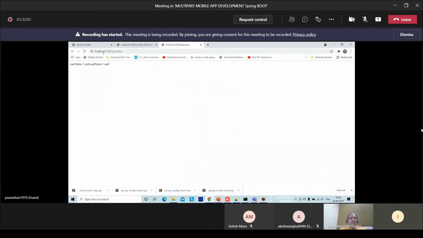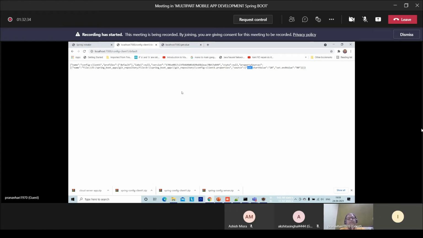Client has executed, and refresh the page. Here are the values. This is the last work to do, don't do it at the beginning. You have to observe. At the end, I will share the code and everything. You can go through that. So this is how it works. If the server is closed, you cannot get the values. So the client values are made.